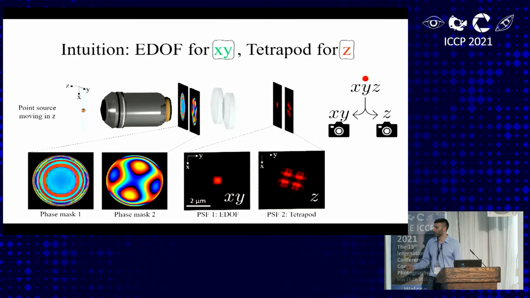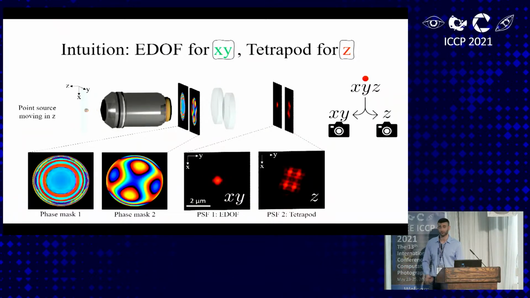Okay, so in the first method, we design an extended depth of field PSF, or an EDOF PSF, that maintains a Gaussian-like spot across the entire Z range, regardless of the emitter depth. And we combine this PSF with the tetrapod PSF. So intuitively, we're splitting the localization problem into complementary channels, where the EDOF PSF encodes XY and the tetrapod PSF